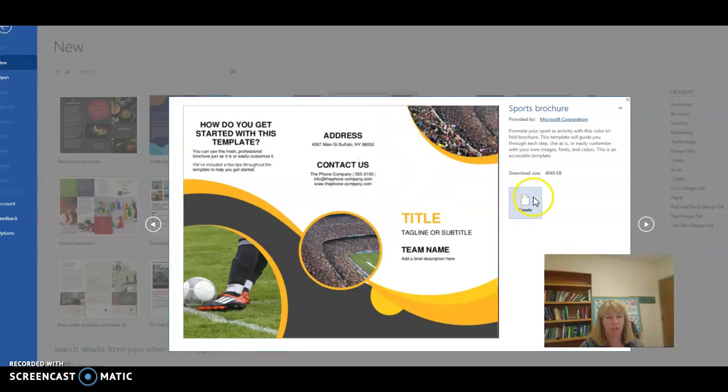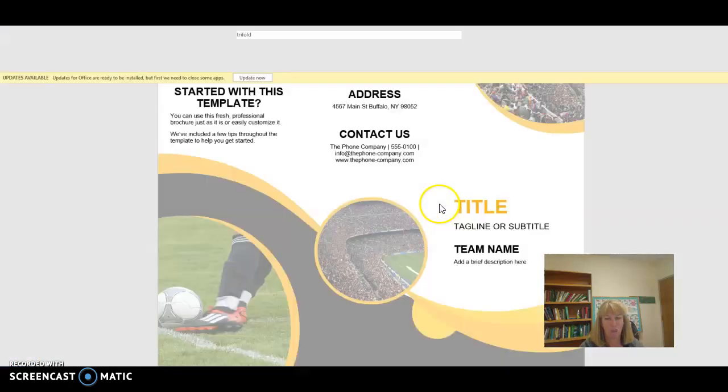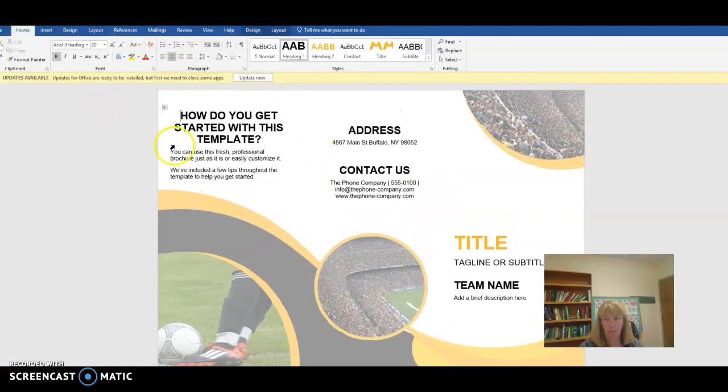Okay, so when I do this, I'm going to create a template. It's going to download into my computer. I can just do it and show you. And now I see the Word screen. I can click in this box and I can say, well, let's say this is the front right here. I'm just going to click on this title and I'm going to type